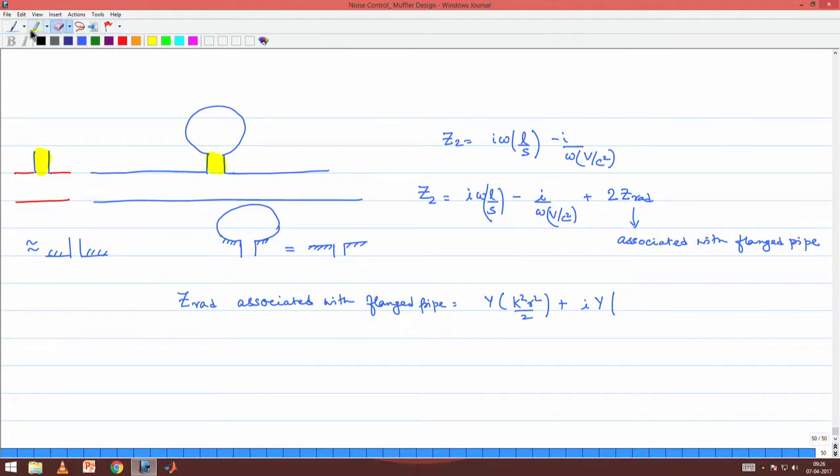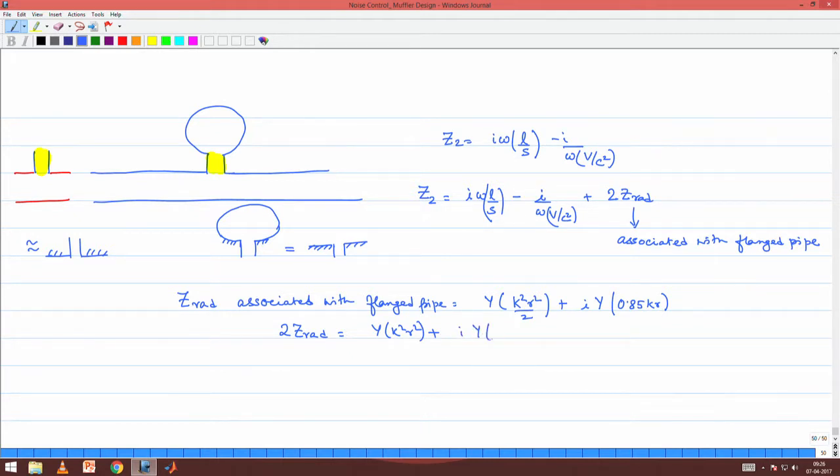If you recall, we had quoted this formula, the derivation of this is beyond the scope of the current course, but we have just used this formula. So, now what we have to use is twice this radiation impedance. 2 times Z rad should be Y times k square r square plus